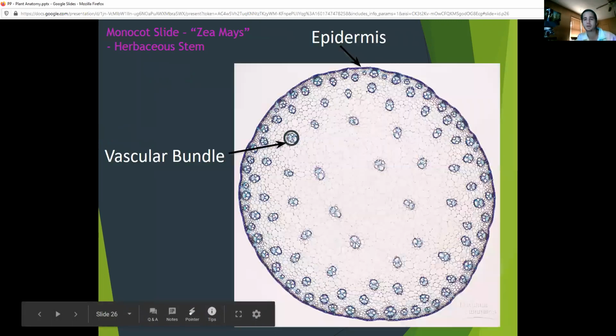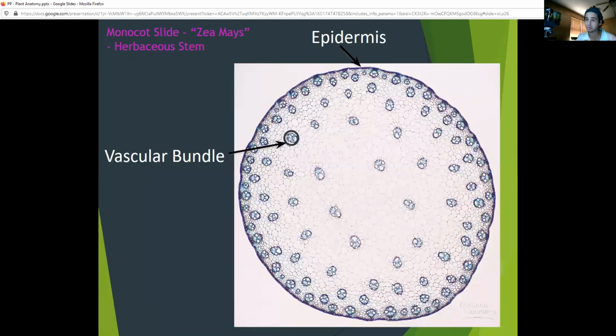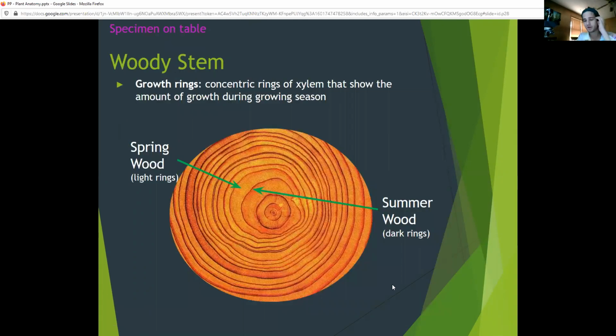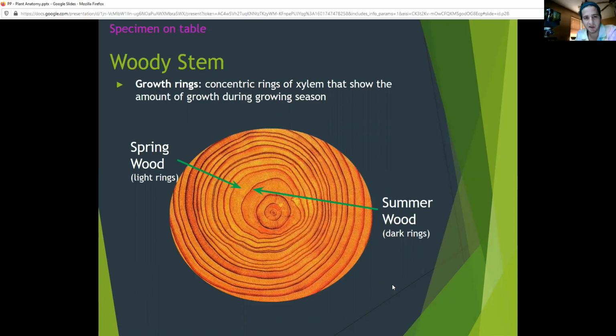We wanted to go back real quick. The little mouth would be the protoxylem lacuna, if you really wanted that one. But I'm not going to ask you about it. So